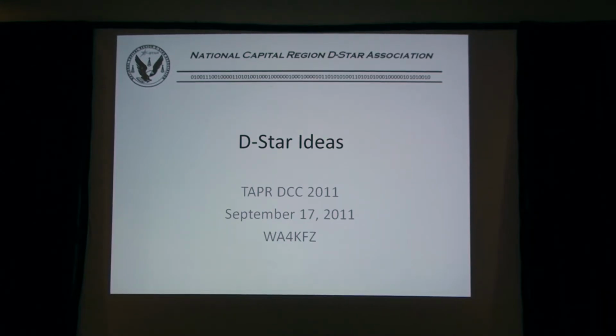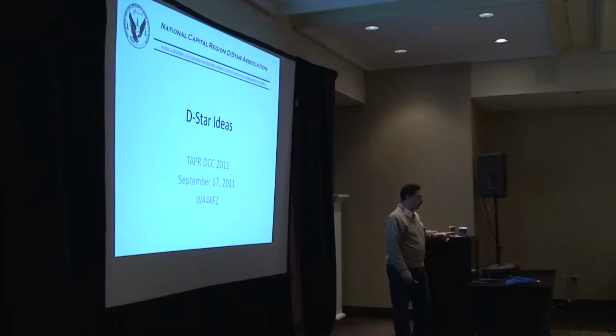Okay. Before the conference, I had gotten emails from Bob, and he's a smart guy, and he's been throwing around ideas here on how we can do call sign based connectivity. What I had here was a distillation of some of the things that I had emailed him. I just cleaned it up a little bit. There are a number of things that tie in with what Bob has talked about, and a lot of these other things are really just, as I title it, food for thought, a wish list, things that I wish D-Star had. So I think you'll see some overlaps with the things that Bob has been talking about here.